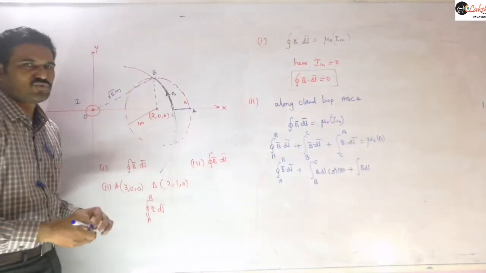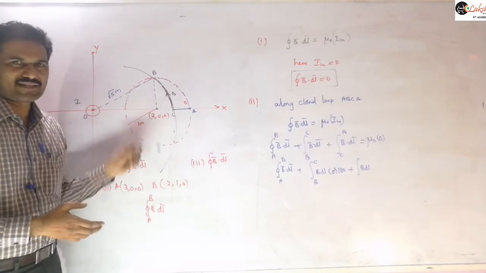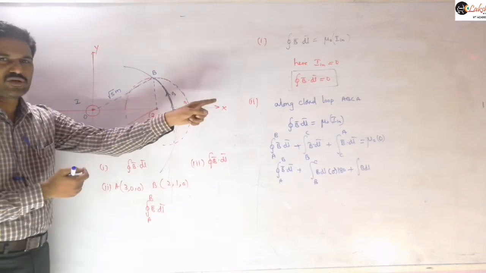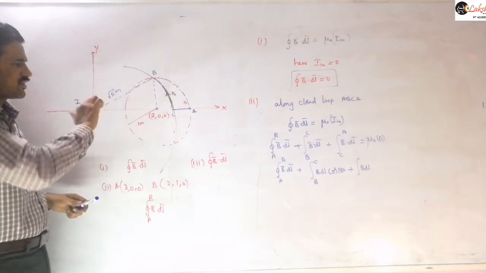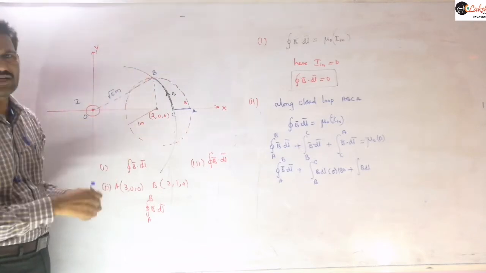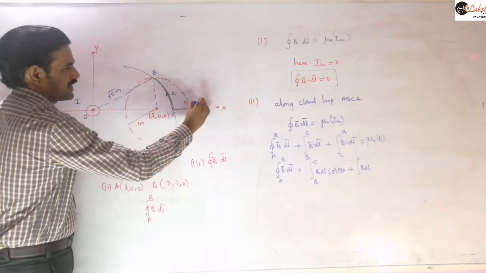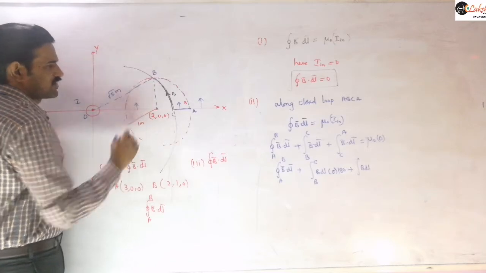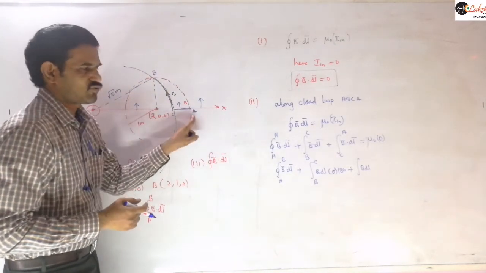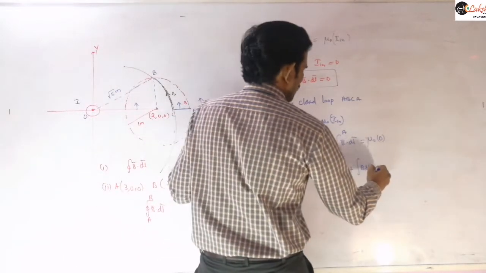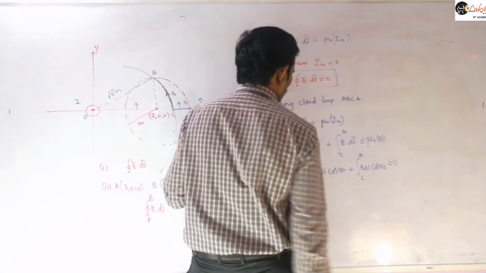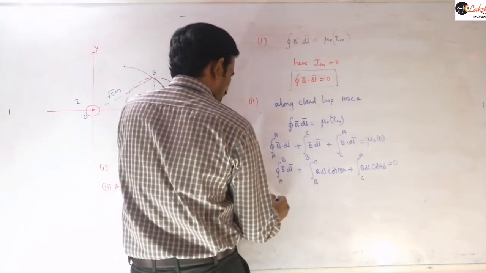For C to A, observe this, C to A is on the x-axis only. The magnetic field produced by this conductor at any point on the x-axis is perpendicular to the x-axis, because you can identify the magnetic field direction here. If you draw the tangent here, the magnetic field will be along the y-axis only, so the magnetic field at any point will be perpendicular to this direction, right? So the angle, when you are traveling from C to A, will be 90 degrees. So this will be cos 90, from C to A, and this value is equal to 0. Now we can understand this and write these values easily.